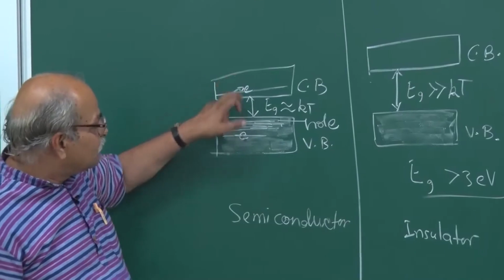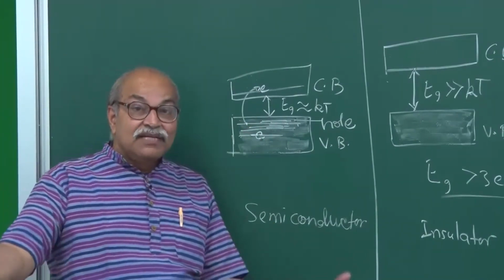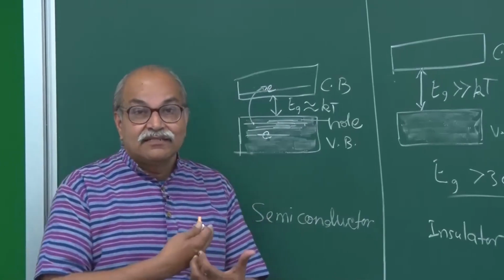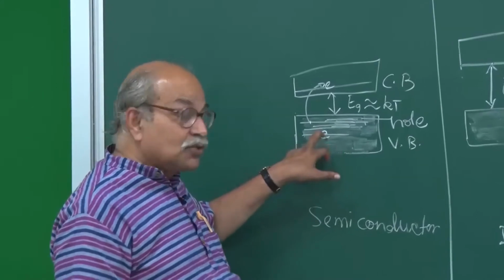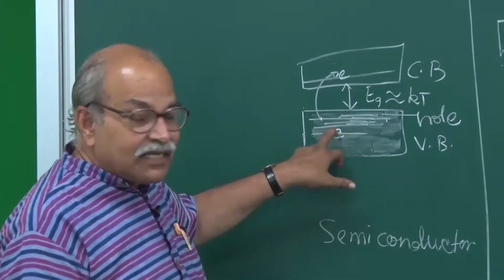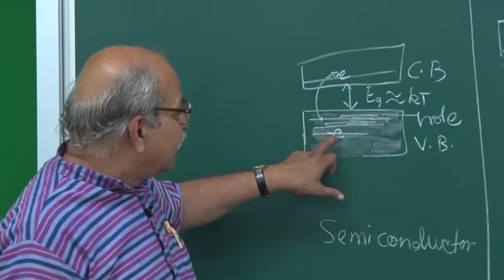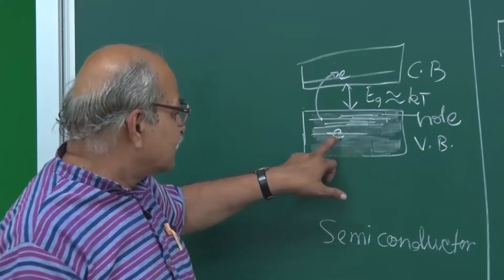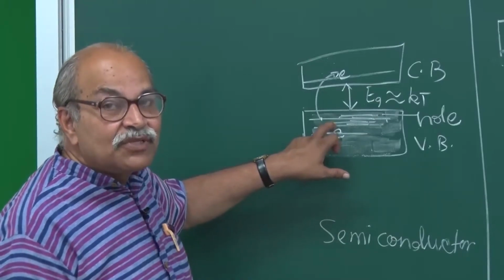The electric field is there on the entire material, so this electron will also feel that electric field, and if there is an empty quantum state here, then this electron can accept energy from the electric field and go here, and that will also constitute a current